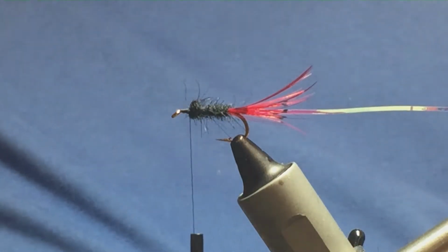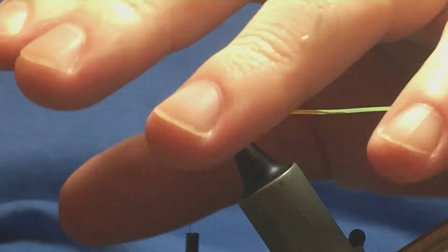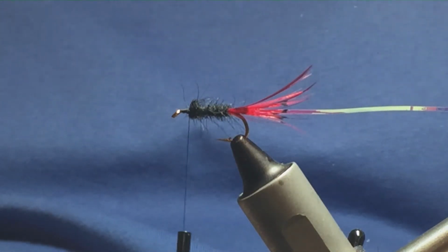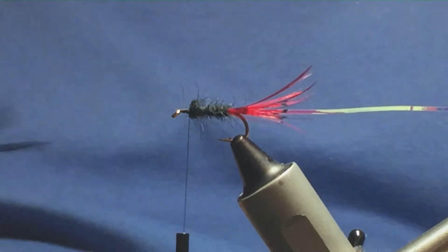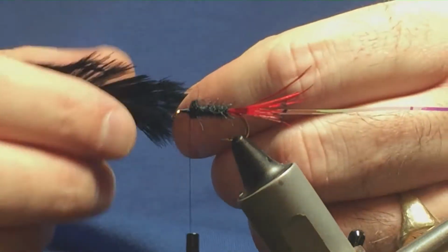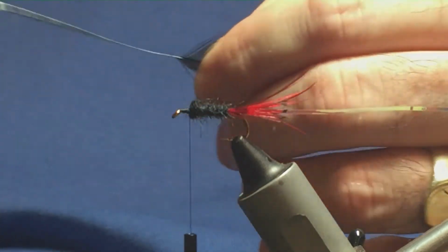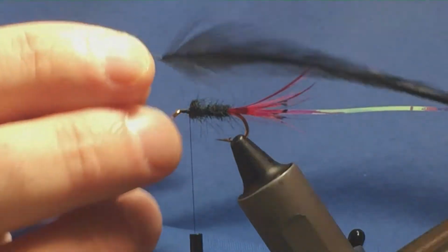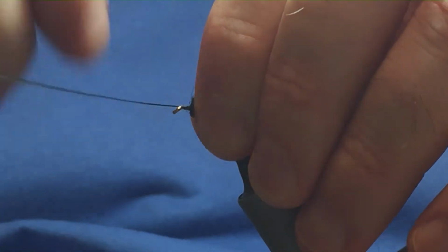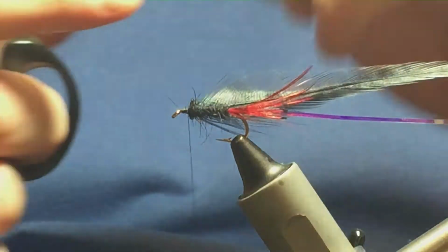Now on the original pattern that George tied, George uses all hen hackles in this fly. Now I'm just going to use a genetic black cock saddle hackle. So just going to come in, take away all the rubbish from the bottom of the feather. I'm just going to offer this up onto the side of the hook on my side. A couple of turns of thread to secure in the hackle. I'm just going to come in and trim away the hackle stem,